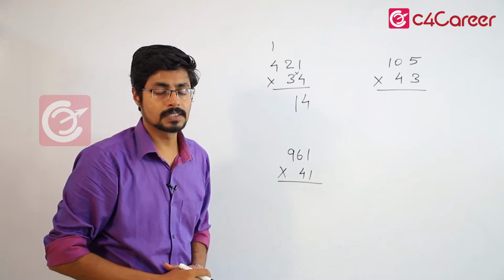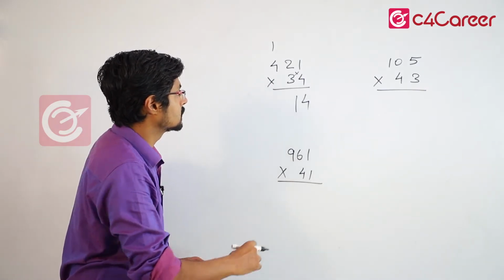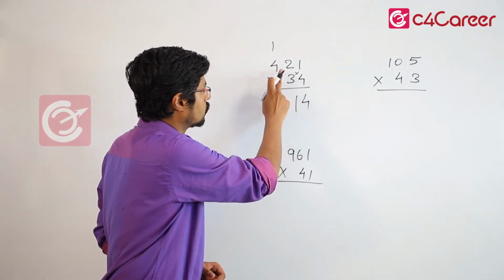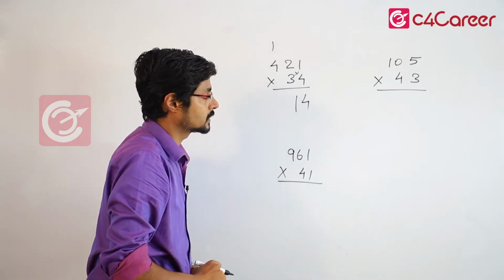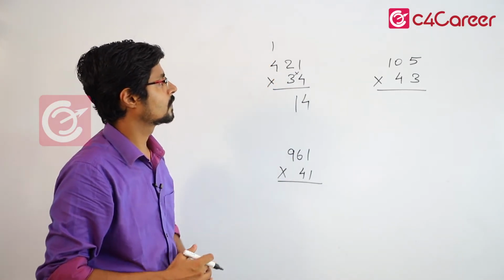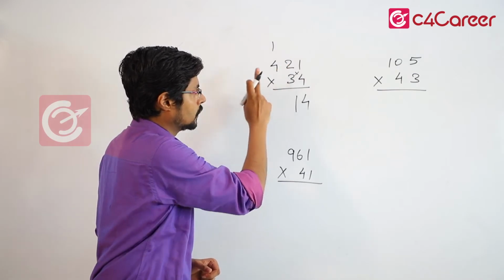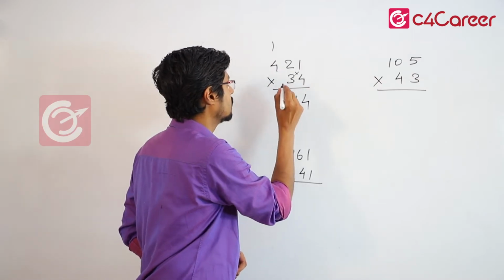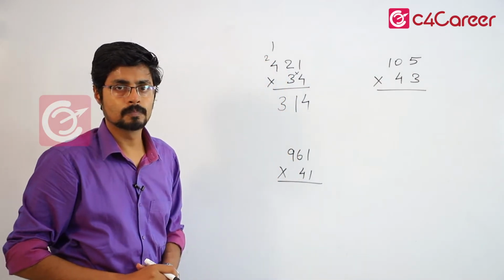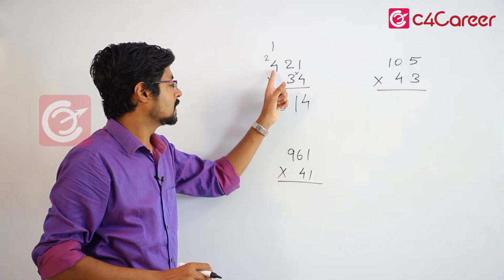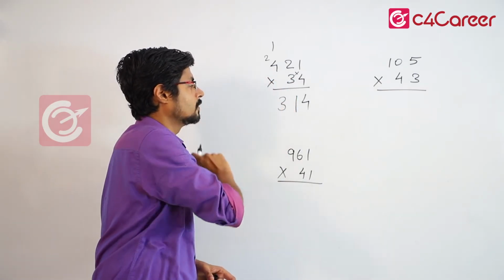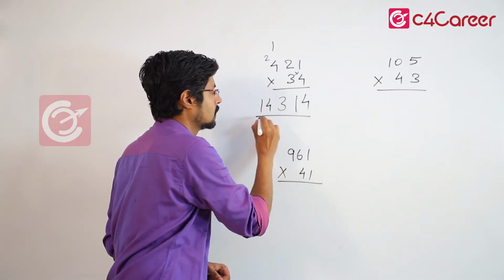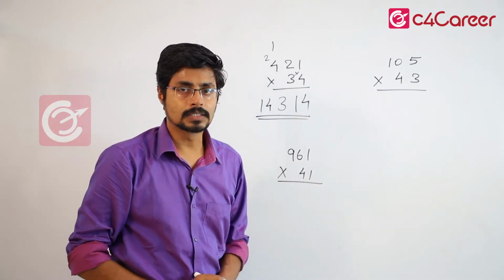The next step, I mentioned to you, is also a cross multiplication step, but we have to multiply the extreme digits and the middle digits. So check here, 4 into 4 is 16, 2 into 3 is 6, 16 plus 6 is 22 plus this carry will make it 23. We again have a carry of 2. Now the last step, multiply the leftmost digits, that is 4 into 3. 4 into 3 is equal to 12 plus this carry of 2 will make it 14. So 14314 is the answer.